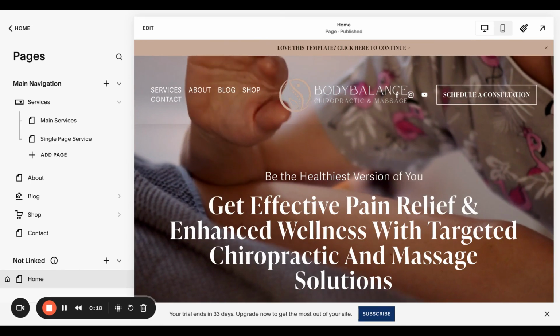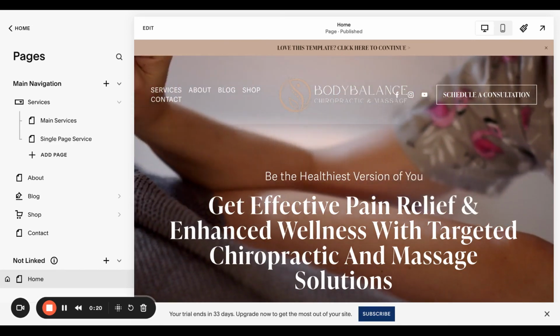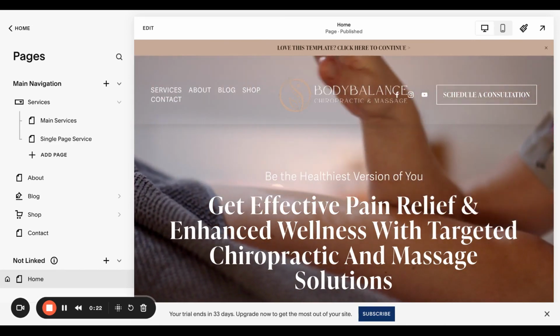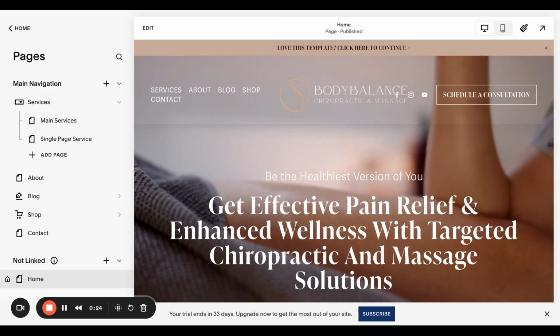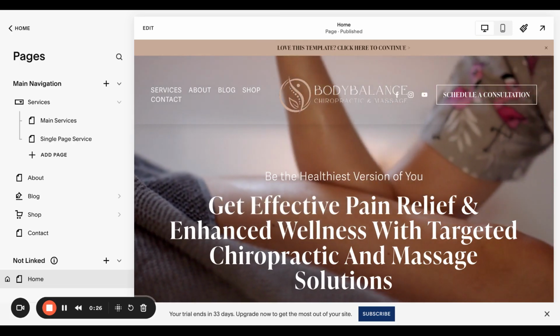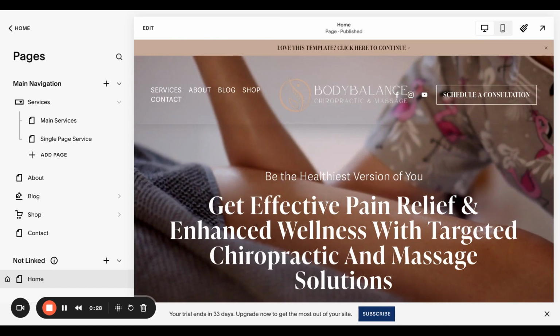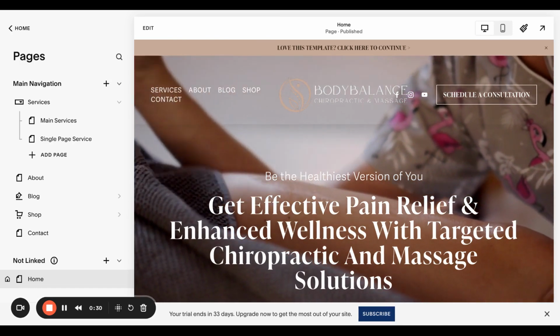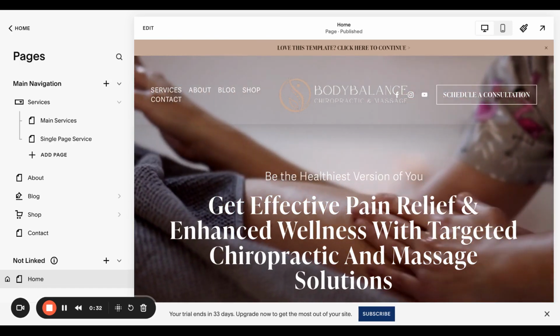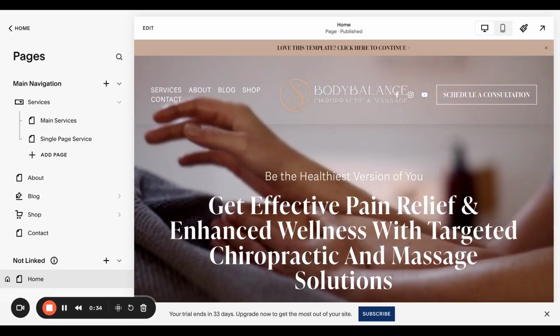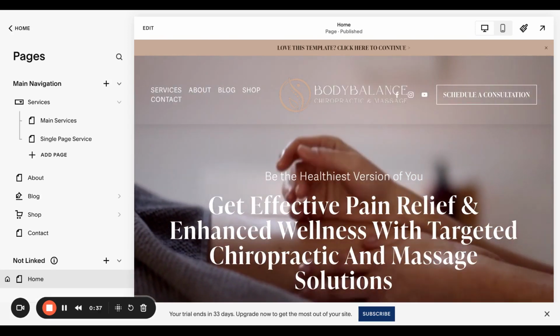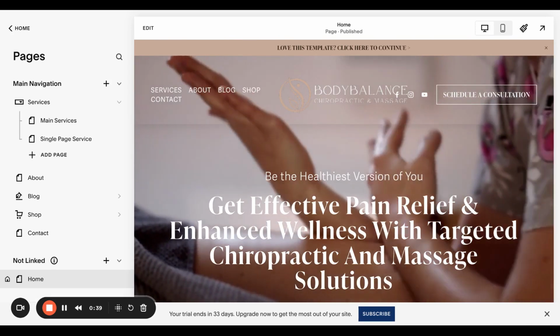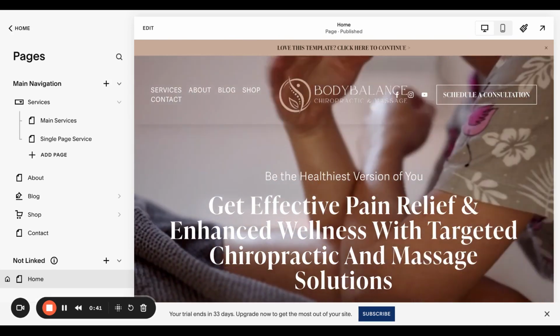Well, your site title and description give visitors and search engines a quick snapshot of your website. And why is this important? Because this information shows up in search engine results and helps people decide whether to click on your website. So, this is where you should put keywords that you know people will look for when they're looking for a